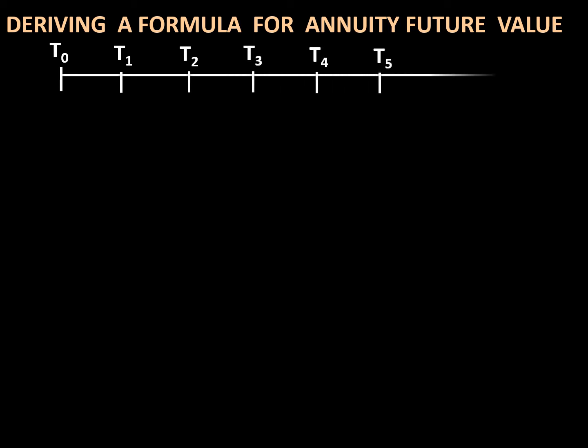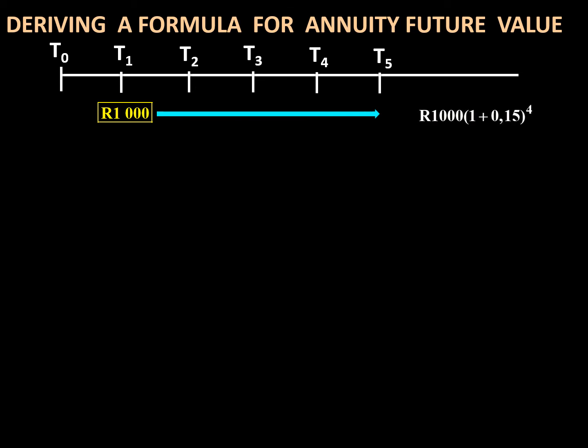Now let's look at Nabil's investment in a little bit more detail. He's going to deposit an amount over 5 years. It's going to be 1,000 Rand regularly. Now that first 1,000 Rand will be in the account for how many years? For 4 years. So it grows, and that 1,000 Rand's value would be 1,000 at that interest rate, 15% for